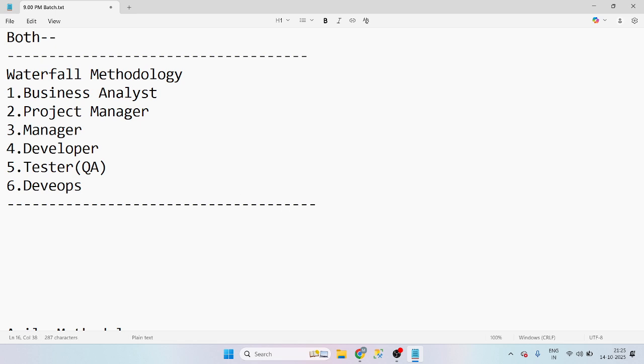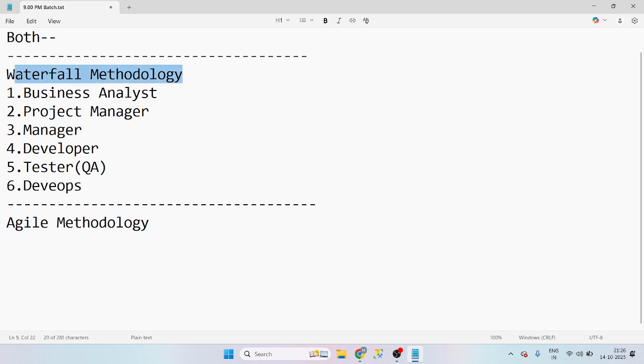How do the projects go? It's completely different, compared with waterfall to agile. Agile methodology is a rapid development. Rapid development is like a cheetah, like a leopard. The project will flow like a cheetah. Coming to waterfall methodology, whatever we have will flow, but we can't say it is like a cheetah. Whatever time period we have, within that time period only we can deliver the project.